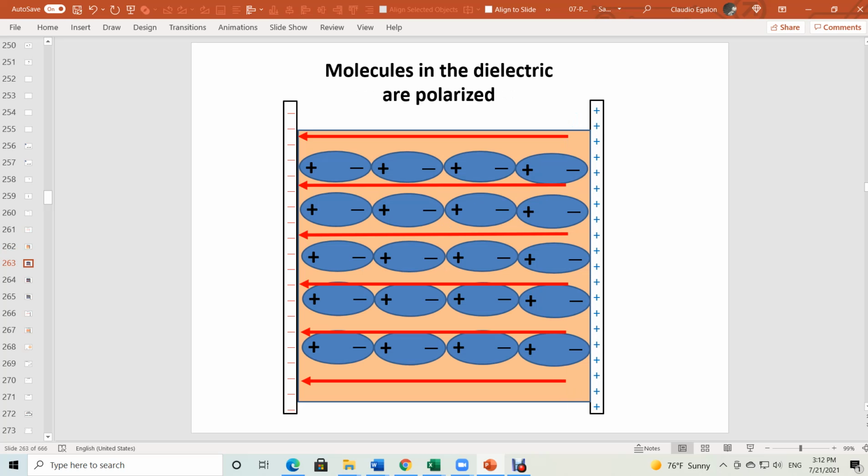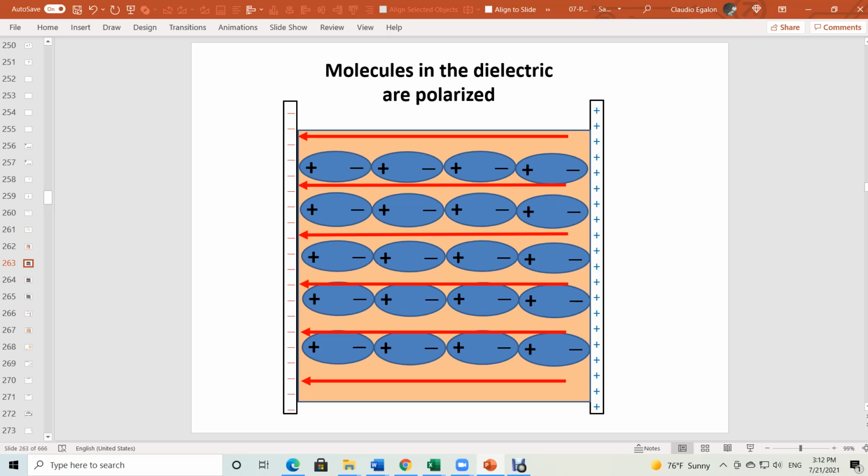Okay, and why is that? That's because these electric charges are creating a polarization in the material. That's what we call polarization. It creates a slight polarization in the material. The atoms are neutral, right? You have positive charge at the center of the atom, negative charges are surrounding the atom. When we put a